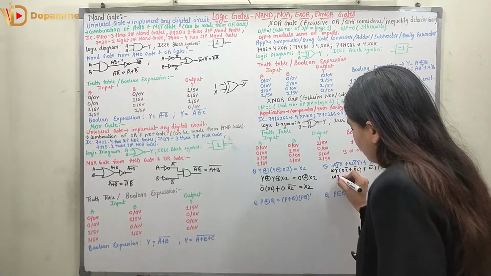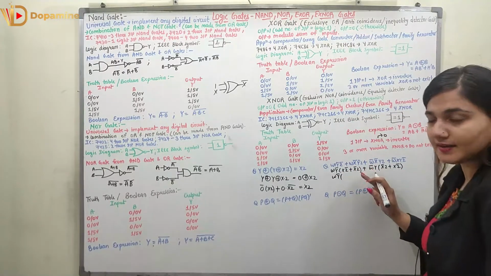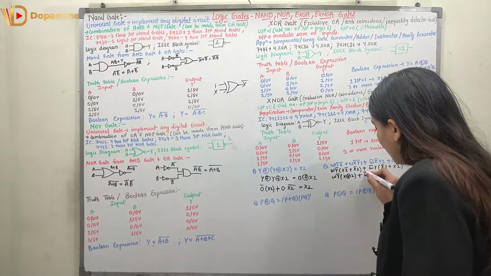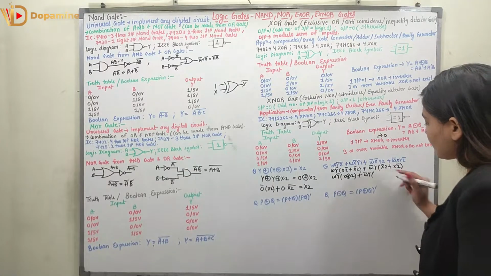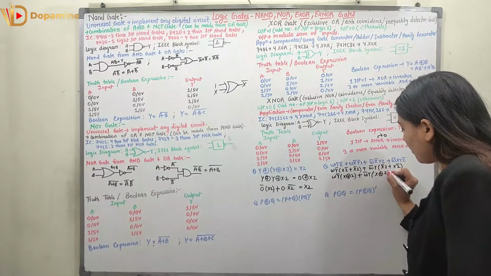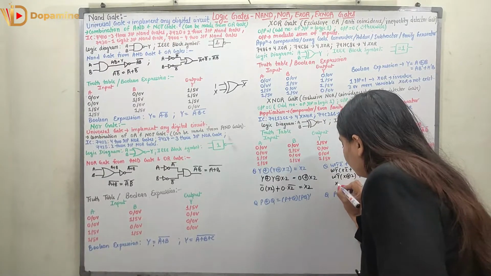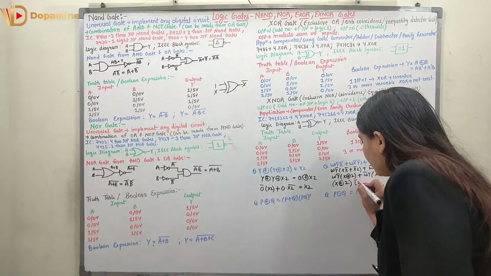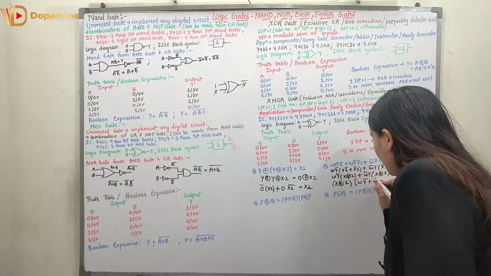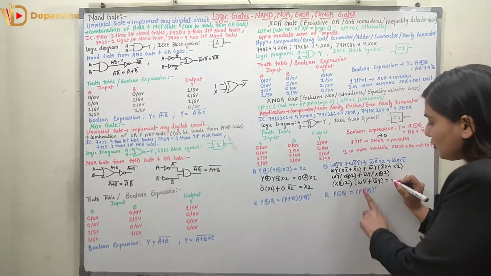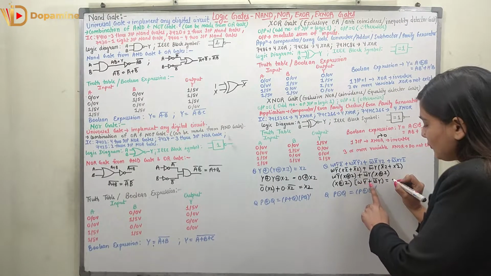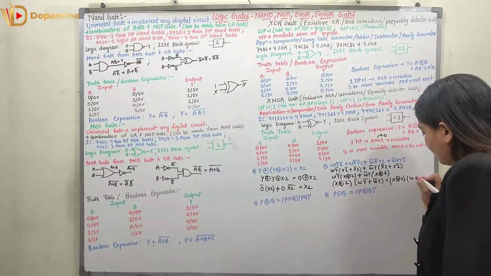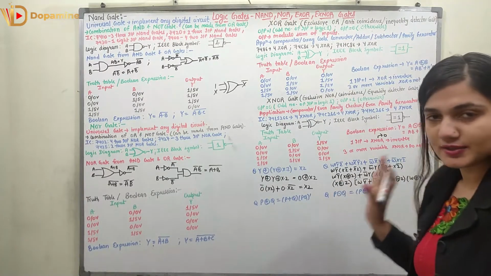So I have taken w bar y common from these two terms and w y bar common from these two terms. So now w y bar, x z bar plus x bar z, represents x XOR z, plus w bar y. Here again x bar z plus x z bar, so it is again representing x XOR z. I can take x XOR z common. Then I will be left out with w y bar plus w bar y, which can be represented as w XOR y. So it is x XOR z multiplied with w XOR y. I hope you understood this.